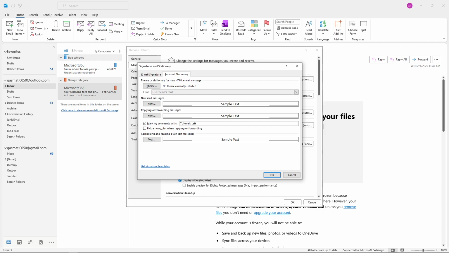Once you've enabled the checkbox and customized your display name if desired, click OK to save all your changes. The window will close and your settings will be applied immediately. And that's it. You've successfully enabled tagging in Outlook, giving you a more personalized way to mark your contributions in email